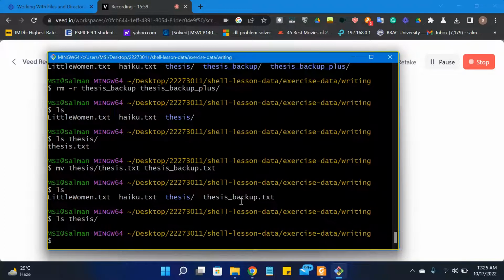Okay, after moving, we're going to talk about copying. Copying and moving are the same. The command and the arguments are similar. We have moved this file into this folder, so we want to copy it, and to copy this file,